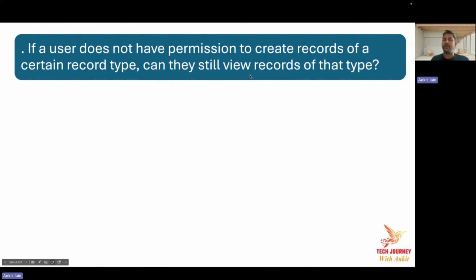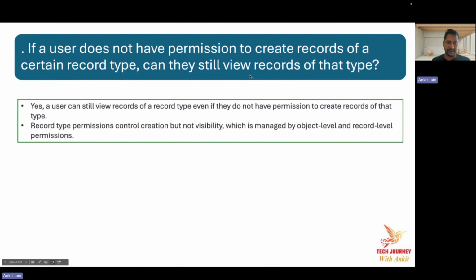A similar kind of question can be asked in a different way. They can give you a scenario and expect a solution from you. So what is the thumb rule that you have to apply whenever there is a security-related question based on record type? If you know the answer for this, again pause it and let me know in the comment section. So the answer here is yes.